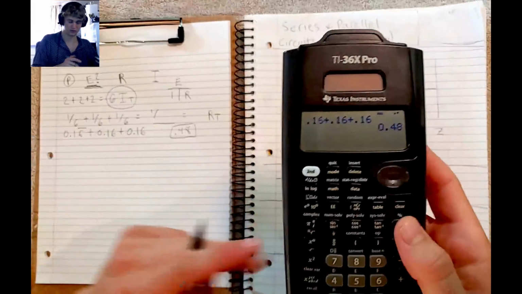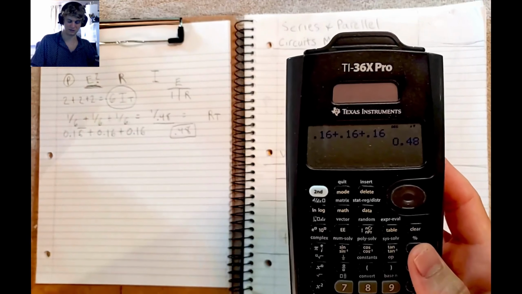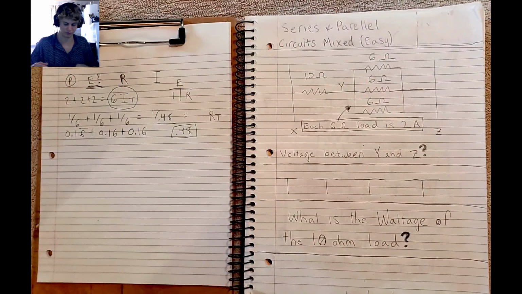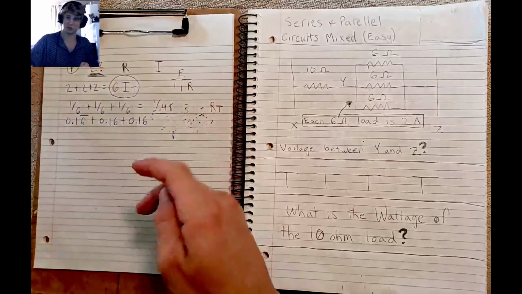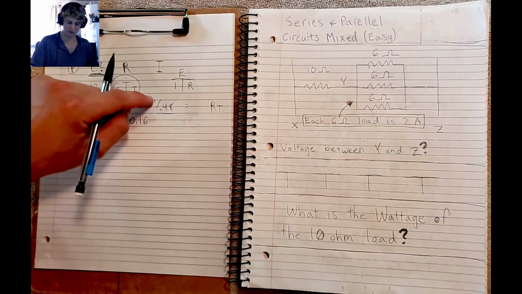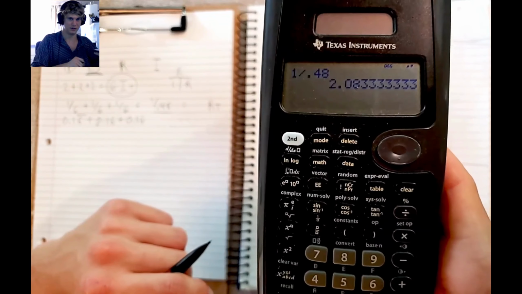And now remember, that's not our final answer. That is the total that we're going to do 1 over to get our actual resistance total. So I shouldn't have squared that, my bad, or put a square around it. Okay, so we see 1 over 0.48. We're going to equal that. We're going to get